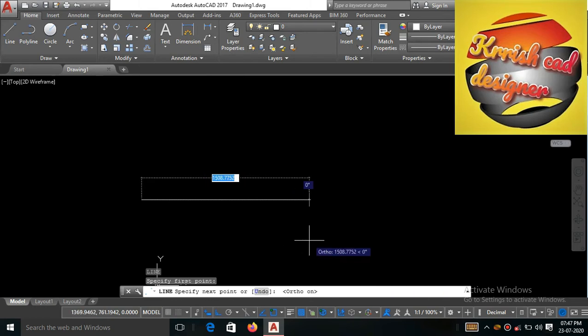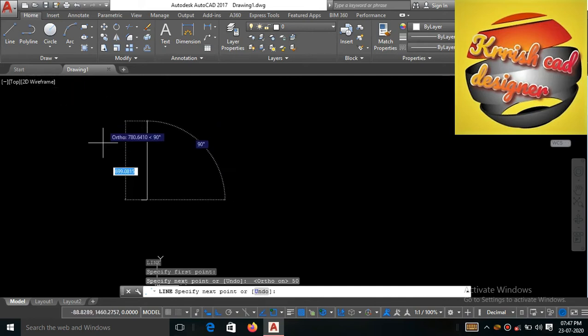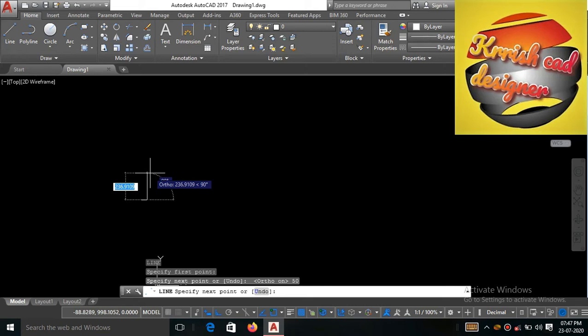Like I will give 50 mm. Line command is very much used in making any drawing. So move on to our next command,